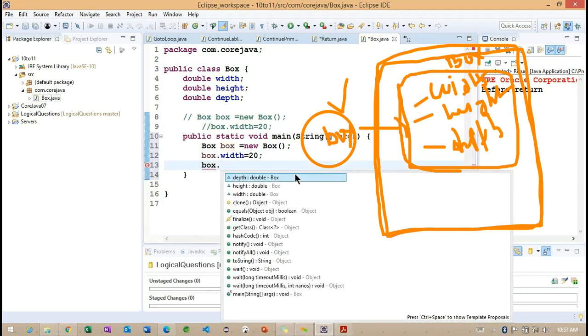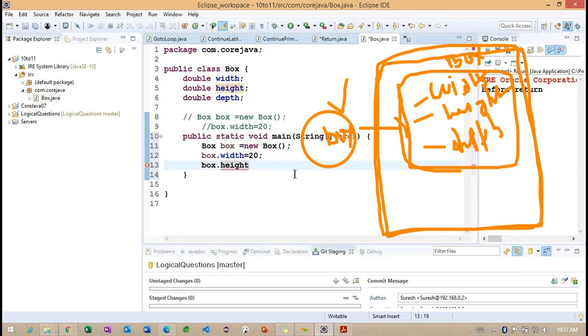Now you can observe we are able to access the three variables. For the height I'm giving 30.